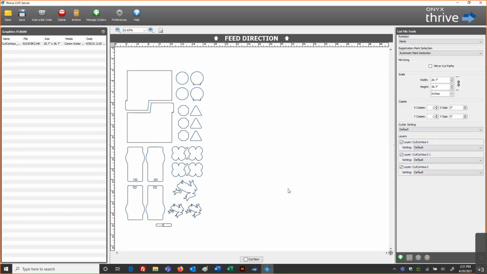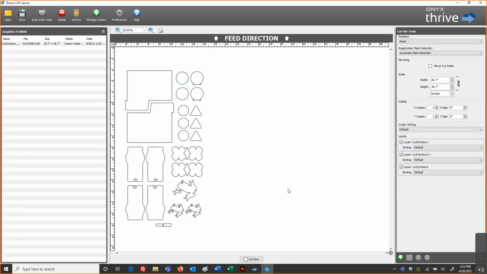At this point, our print is printing. When the print is completed, I would take that print over to my Graphtec cutter, feed that into my cutter appropriately. The print will have the cut marks with a directional arrow, a feed direction arrow. And so we'll be feeding that into the cutter.